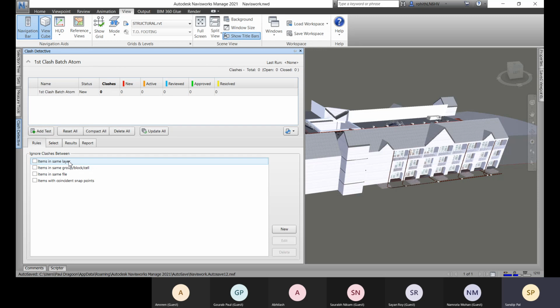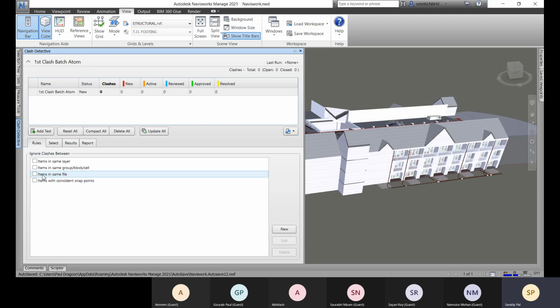If you have files where the labels are present, this option will work for those files. Items in same layer, if you want to ignore those, you can check this. Items in same group or block or cell, so you have made any group or selection set, you want to ignore those. You can choose this, you can check this. Items in same file, like